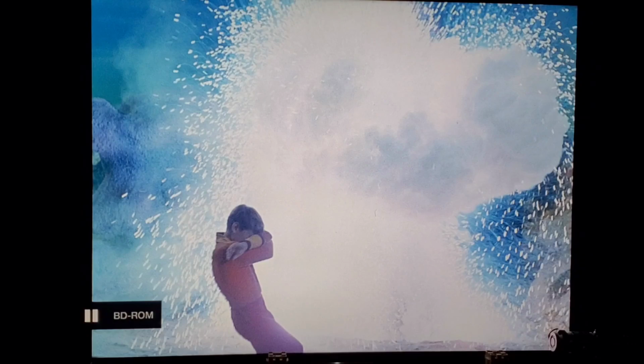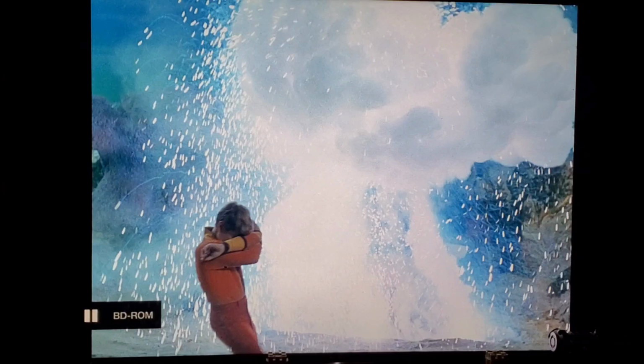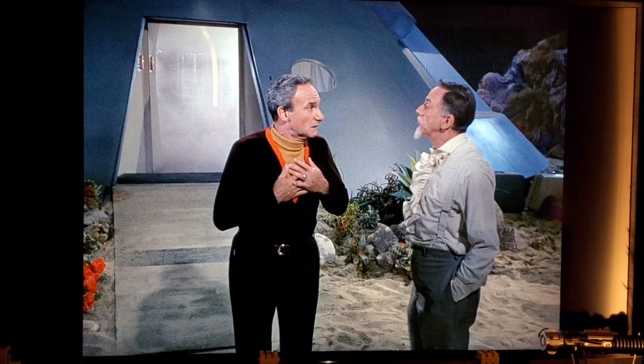Poor Bill Mumy. I mean, you can see he really does react to that. He's really close to it, and I'm really surprised that they actually had him stand in front of that. It's pretty wild. Now, this episode is called The Curse of Cousin Smith, and I really like this episode, but